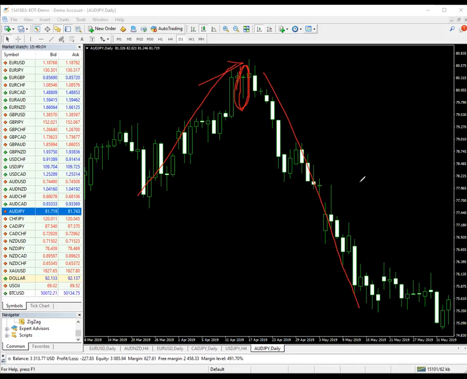And you can actually do this on all time frames. I am a trader that trades on daily time frames. I trade on bigger time frames. I don't trade on 5 minutes, 15 minutes, 30 minutes, and so forth. I trade on bigger time frames, the 4 hour, the daily, the weekly, and stuff. Sometimes I come to the 1 hour if need be, but I'm the trader that loves to trade on